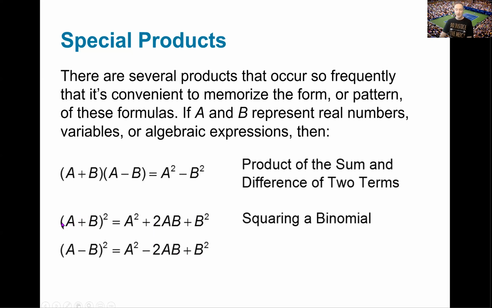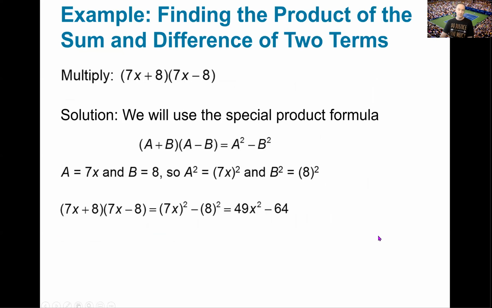So anytime you have a binomial squared, you should easily be able to remember these two formulas: a plus b squared is a squared plus 2ab plus b squared, and a minus b squared is a squared minus 2ab plus b squared. Now, using that in this problem, if I say I want to multiply these two conjugate expressions,